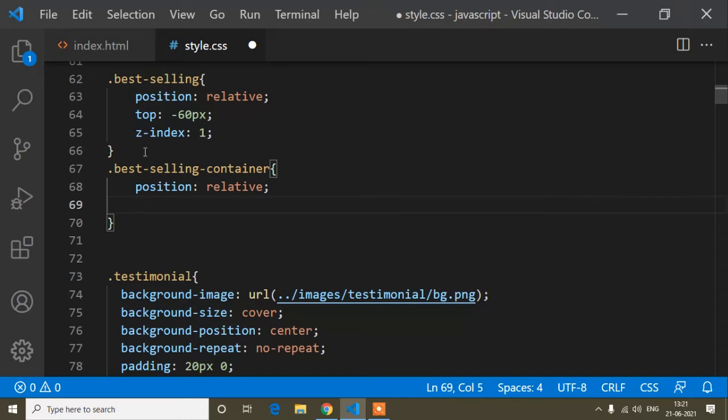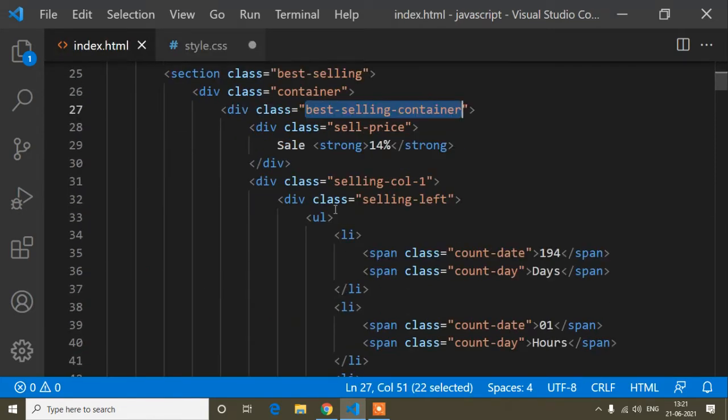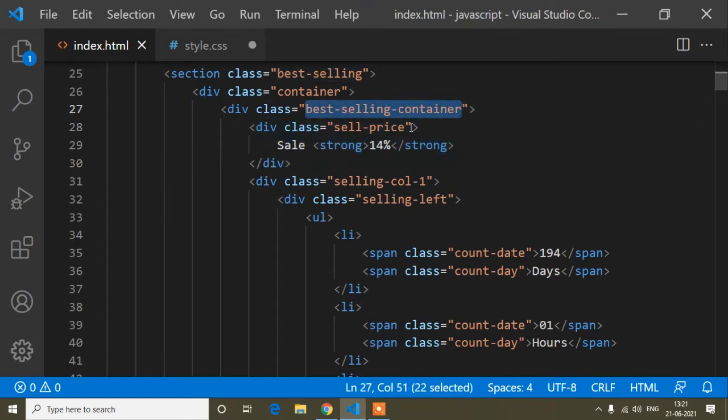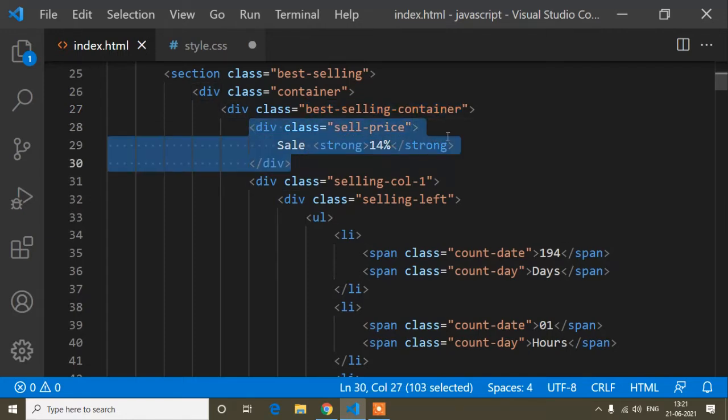Okay, and now guys, you have to know that when we float any div, and it's between two divs, the below div will be relative and the above div will be absolute. So in the HTML code I will show you, this div is the parent, and this div will now be floated on this div. So now the parent div is below and this child div will be absolute.